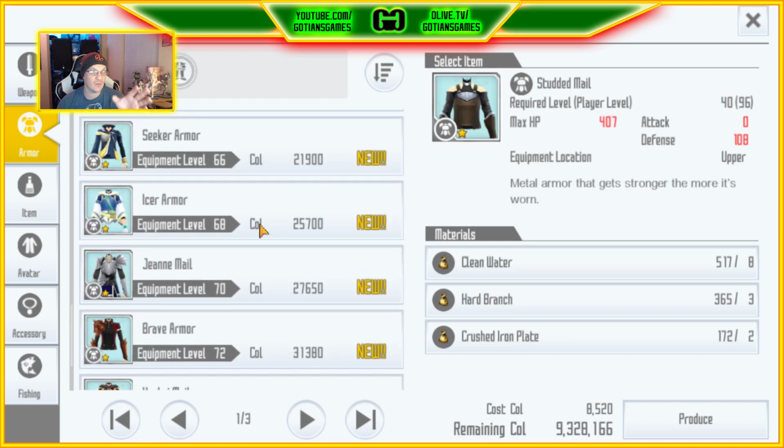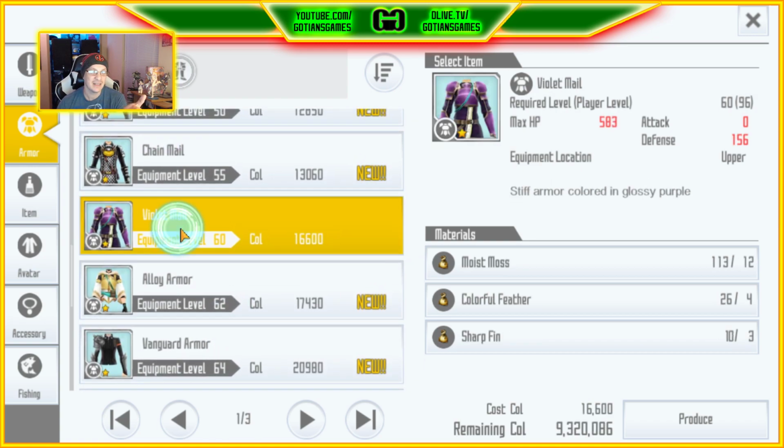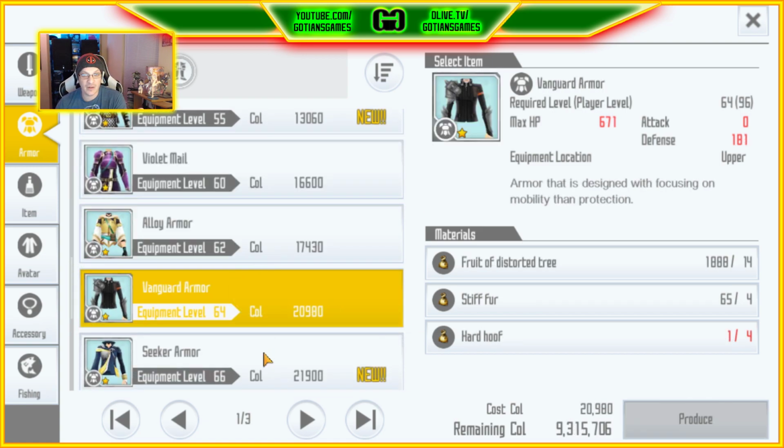And then once you get around here, where's the violent armor? I call it violet armor. I held on to it for a long time. That's just how it went. Let's see here. Where's the...